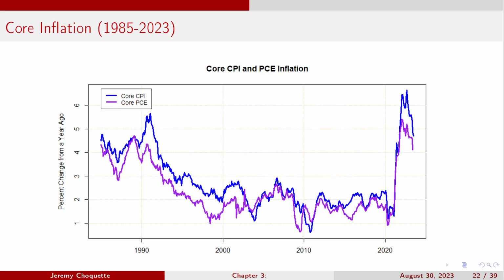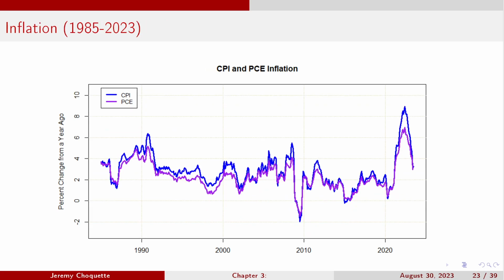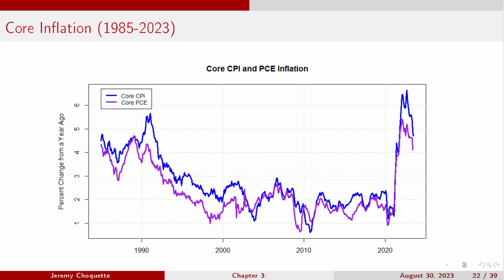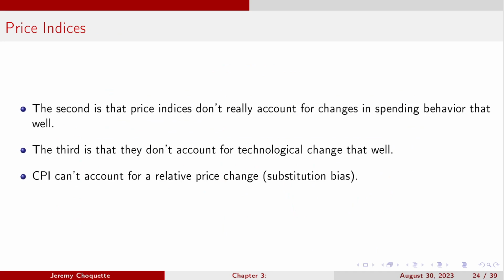So if you look at core CPI and PCE inflation, it's a little bit steadier, a little less volatile. Yes, you still get those little short-term wiggles, but you could easily draw some curves through it to map it out in a smoother sense. And it would be a lot easier to do than with headline CPI and PCE inflation. So the Federal Reserve wants to look at core inflation because it's more stable; the price changes of the items in there are slower to respond than food and gas prices. So they'll base their decisions on changes in core inflation rather than headline.